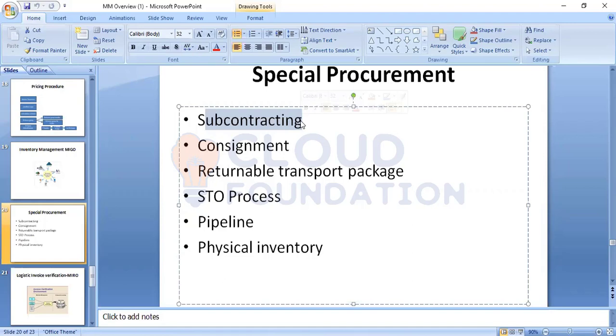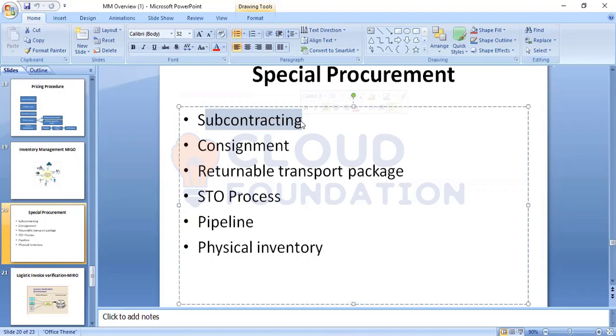For example, the best example is Kisan Jam. Okay, so generally Unilever is not a manufacturer of the Kisan Jam. It is just marketing. So what they will do is they will give a Kisan Jam order to the so and so manufacturing unit. Okay, but what they will do, they will provide what are the materials required to manufacture the Kisan Jam. Okay, and they will